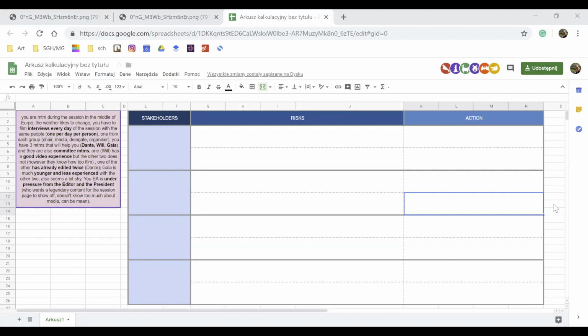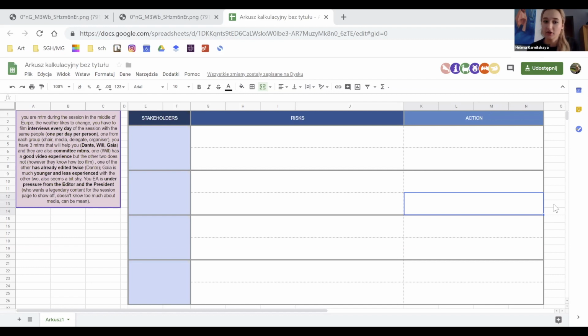The editor and the president would be two different stakeholders. Yes, there will be two different stakeholders. A group of stakeholders works like that: they have a common goal. So if you assume that both the editor and the president have exactly the same goals, you can put them together as one stakeholder. I don't know what their goals would really be. The editor obviously wants to have a great media presentation in the end. This goal part may be tricky, but for example, if you know that the president is very ambitious, and you heard from them that they want the content to be super great, but you also see that they don't know much about it, and you probably compare your content to other sessions' content, you may find the goal here. Or maybe the president wants a lot of shares or a lot of engagement on the page,